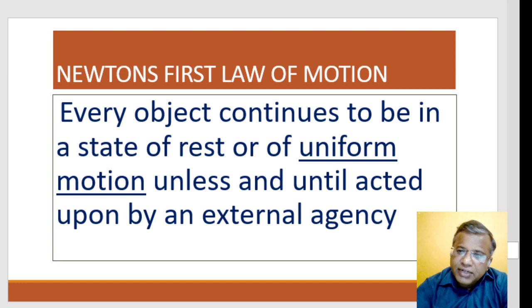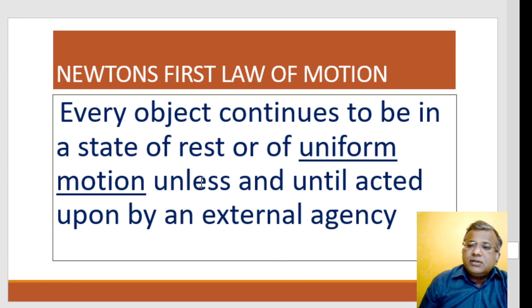Like in the second topic, motion in a plane, we have studied that velocity is a vector quantity. So I am saying that an object is said to be in uniform motion when its velocity remains constant. So when I say velocity remains constant, it basically means that neither it's having any acceleration, nor any retardation, which is the decrease in velocity, nor is its direction changing. Right. So that is what Newton says.